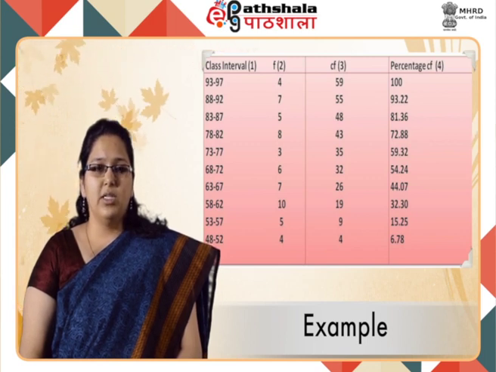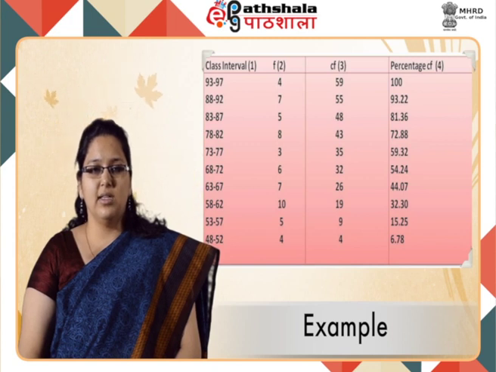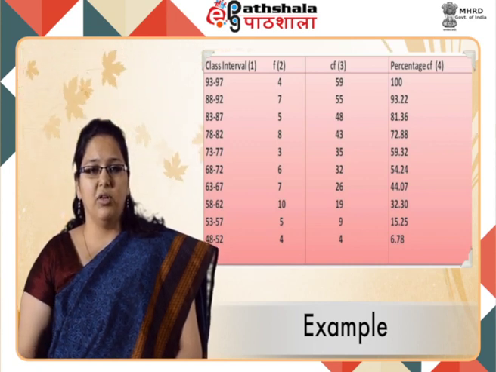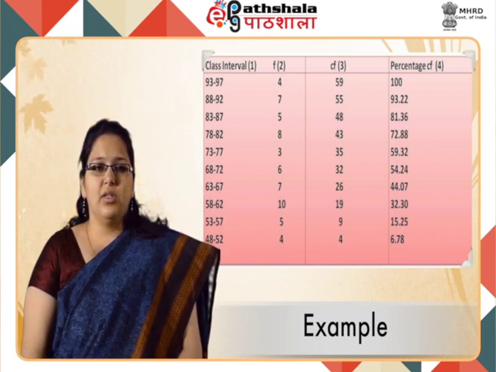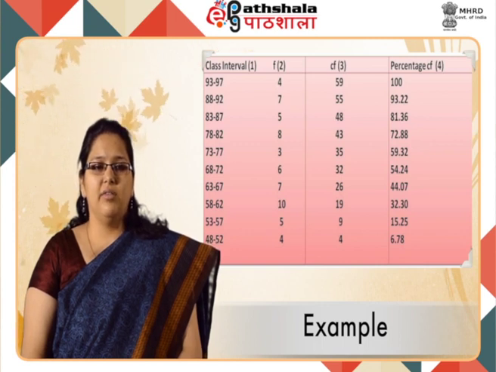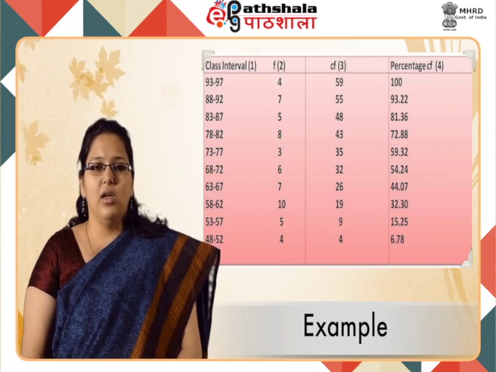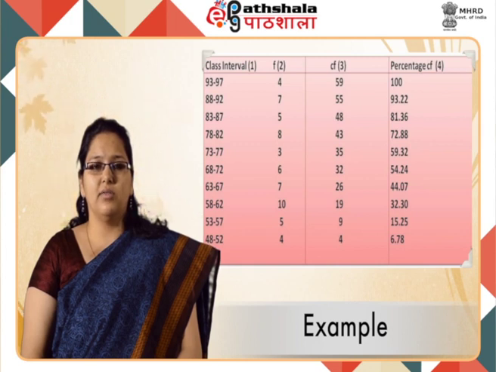Step 3. From 62.5 to reach the desired score of 66, one must come 3.5 points above from the bottom of the interval. Therefore, the value of x in the given example is 3.5. Step 4. Find the interval width I and the total number of cases n. In the data above, I is equal to 5 and n is equal to 59. Step 5. Find the value of frequency f of the class interval and the cumulative frequency below CF for all the values falling below the class interval. In the given example, f is 7 and CF is 19.